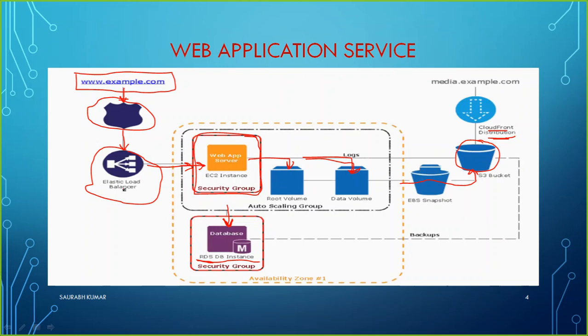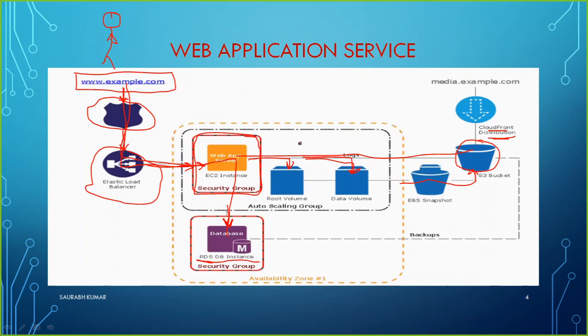So this is how the complete architecture looks. The user just types www.example.com. The request goes to the DNS server, DNS sends it to the ELB, which sends it to the host, which fetches the data from the root volume or maybe the data volume. Some content, maybe video or picture, it can also take from S3. Some data, if required, it can fetch from the database, and then the response comes back to the user. Whoever is accessing the website gets the complete website, including the picture, the video, the database, login credentials, everything. So this is how the architecture is.